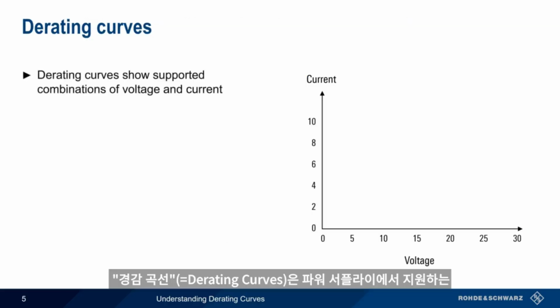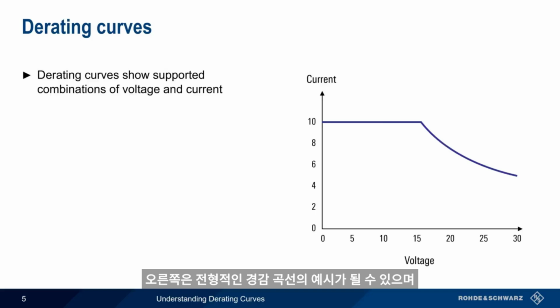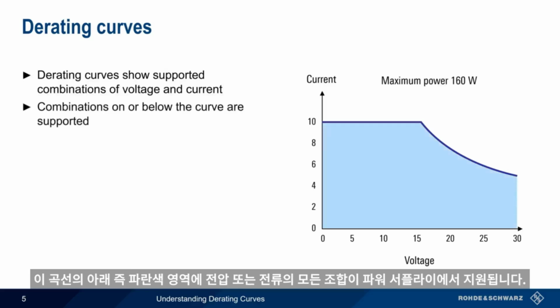Derating curves are used to graphically represent the combinations of voltage and current supported by a power supply. On the right is an example of a typical derating curve, this one for a 160-watt power supply. Any combination of voltage or current that falls on or below this curve, that is, in the colored area, is